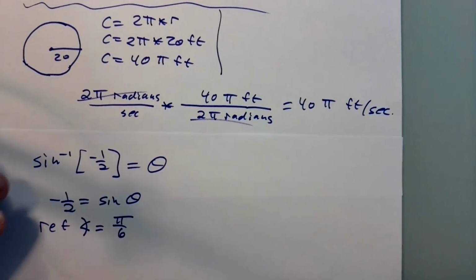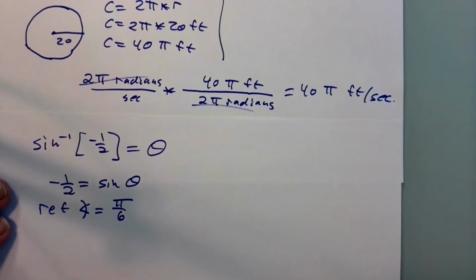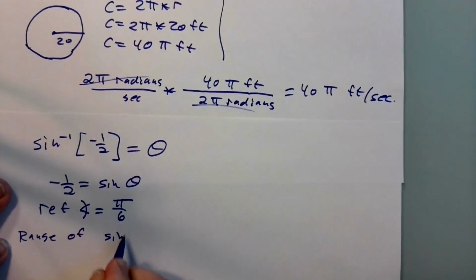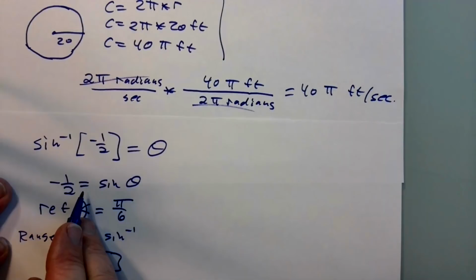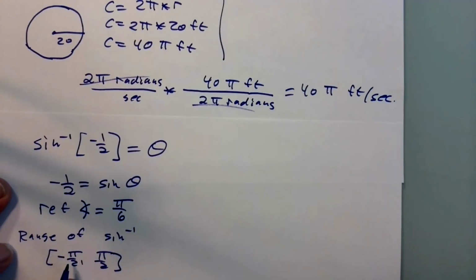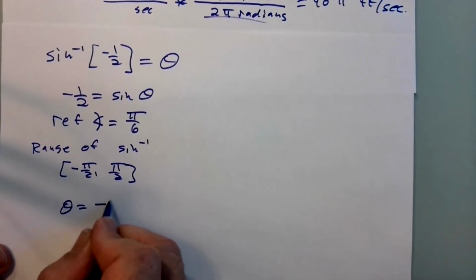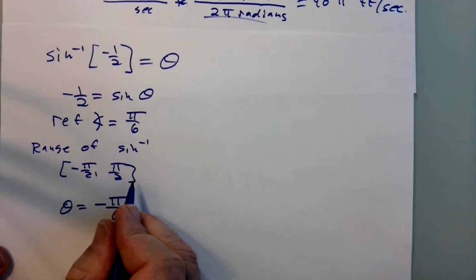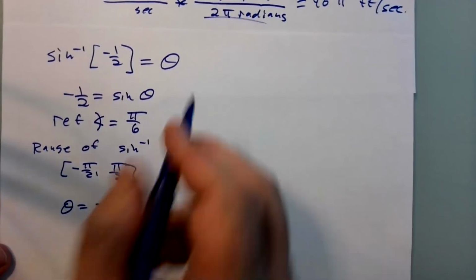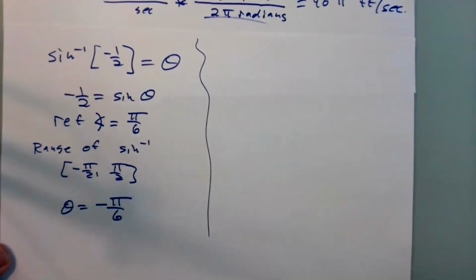But what is the range of inverse sine? That's what we need to know. Range of inverse sine is -pi/2 to pi/2. So I need sine to be negative. So what will my answer be? It's got to be in the negative first quadrant, which will give me a value that theta is -pi/6. So the range of arcsine and the range of arctan is essentially the same, but arc cosine, inverse cosine, is